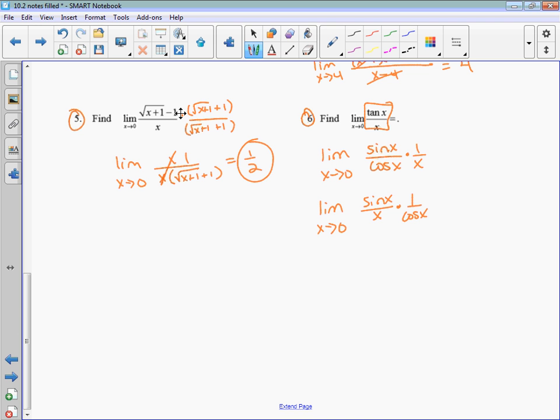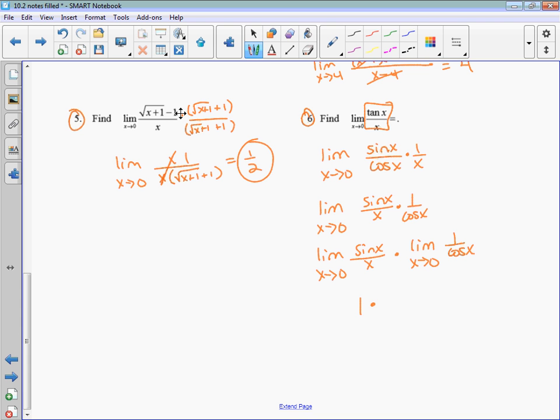So this is actually one of our properties. Walking around, I saw a lot of you were like, oh, sine of x over x, that's 1, and just got rid of it. Sine of x over x is not 1. The limit of sine of x over x as x approaches 0 is 1, but not the fraction itself. Okay? So what we can do, you can actually write this as 2 limits, times the limit as x approaches 0 of 1 over cosine of x. Then you can evaluate it. So the limit as x approaches 0 of sine of x over x, that whole thing is 1, times